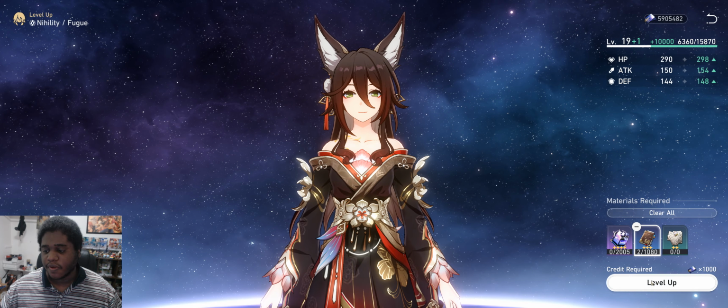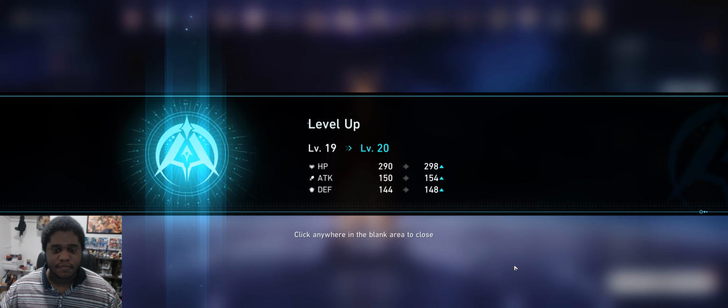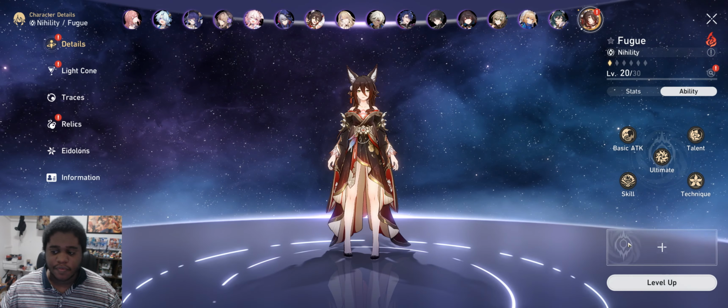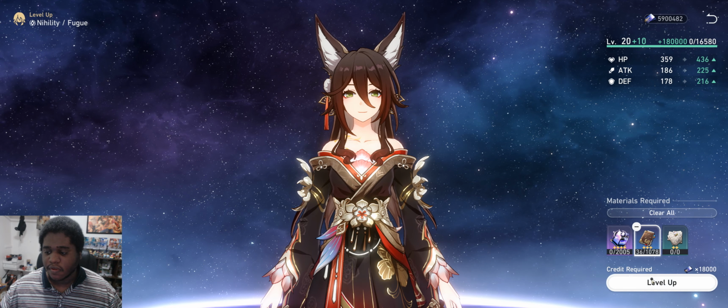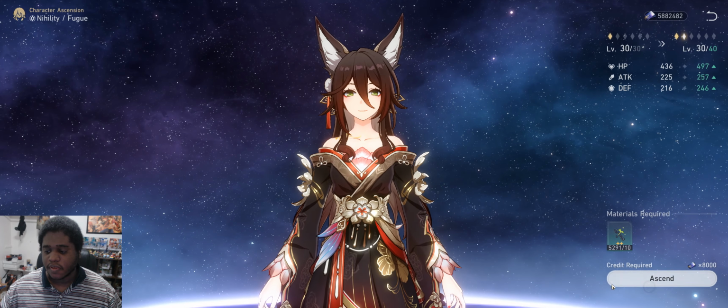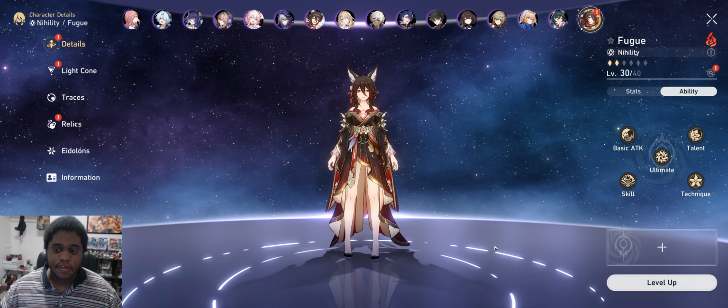Instead of doing that, we're going to just hit auto add. We're going to ascend because we have all the pieces to ascend her all the way up. I would love to get...